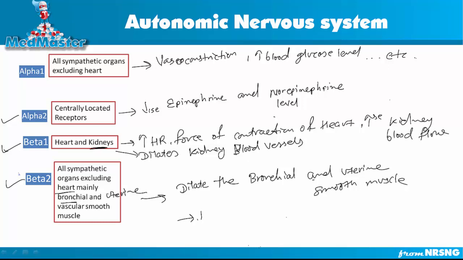So it's definitely going to decrease the GI motility. It's going to increase the blood glucose level, and etc. All the effects you see when you excite the sympathetic nervous system on the body. Now when you excite this beta 2, it's not going to increase the heart rate, since those receptors are not present in the heart. So this is a basic explanation about all the receptors that are present in our body, like sympathetic nervous system receptors,